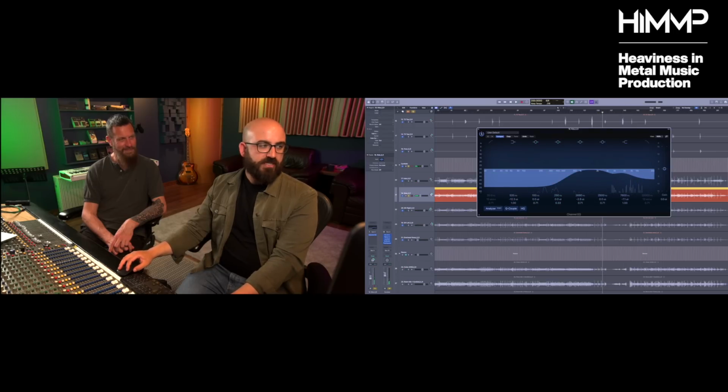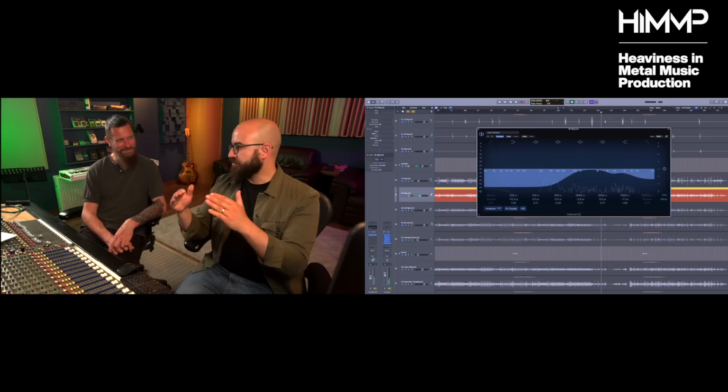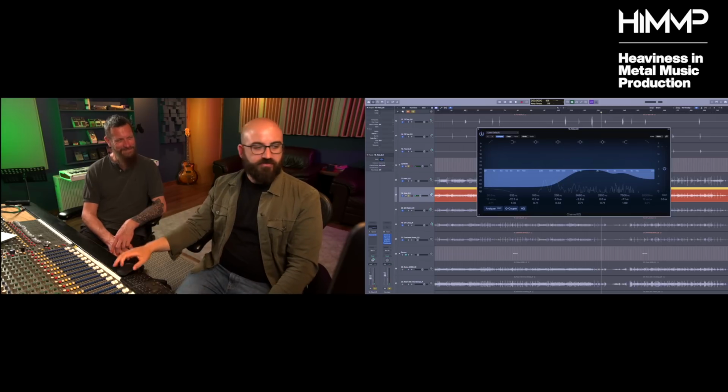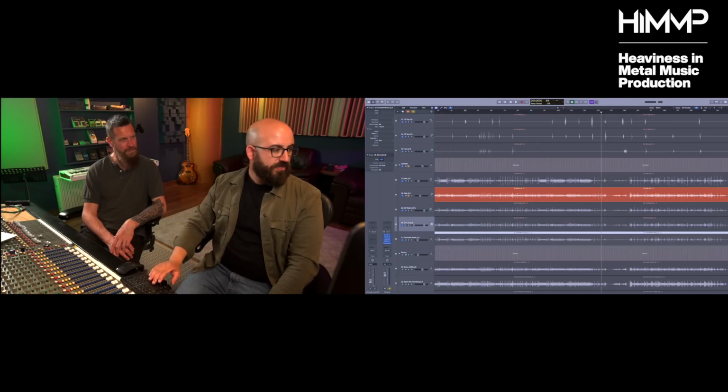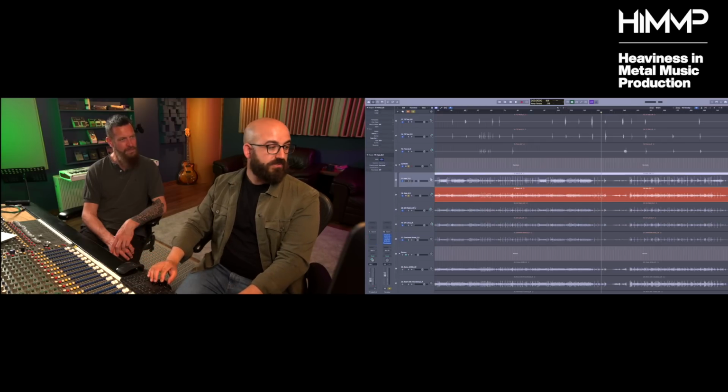So without my treatment, that sounded like... Just focusing it in a bit more on the specific frequencies of the bell. Less piercing. Yeah. But apart from that, everything else hasn't got anything on it. It's just leveled and then going to a cymbal bus.